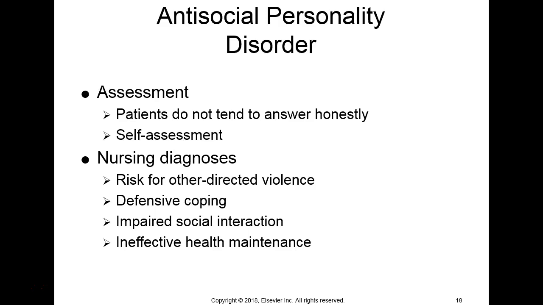So again, we have to do a self-assessment when we work with somebody like this, because it is very, very difficult to think how this person has disrupted the lives of other people, perhaps committed crimes, been perpetrators in different types of abuse situations. And actually, as I think about it, we have had patients that have had this disorder on the unit, and it is very difficult to take care of them, especially when you hear about what they have done to other people. So again, we have to put that judgment aside and try to treat them as non-judgmentally as we can, but got to do that self-assessment and see how you feel.